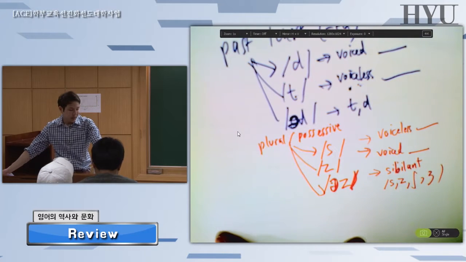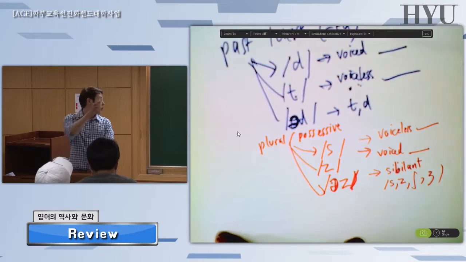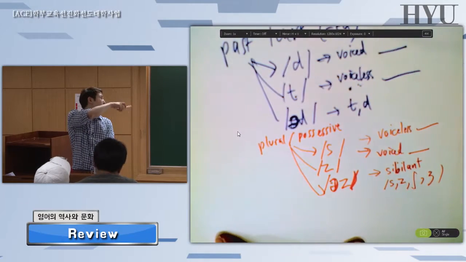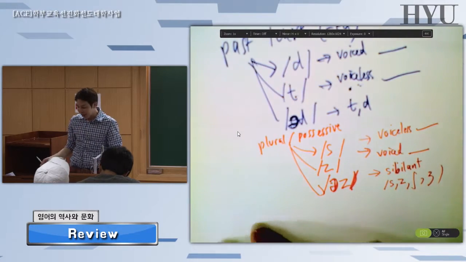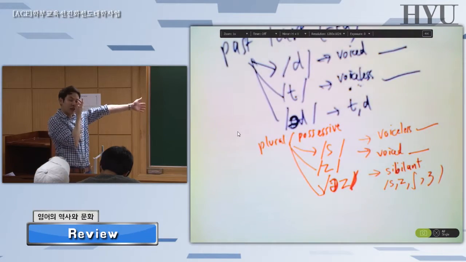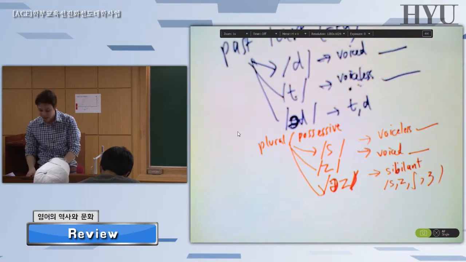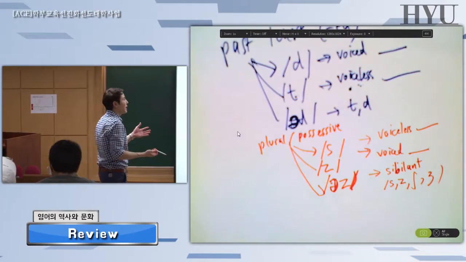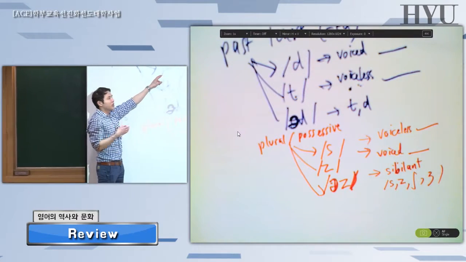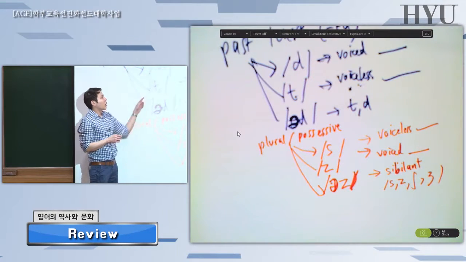So you should be able to do this part without any difficulty if you can understand. I would use the word understand, not memorize. If you understand these allomorphic rules, you should be able to do this part without any difficulty. Okay? In fact, you don't have to memorize anything because this is common sense, meaning all of these are what